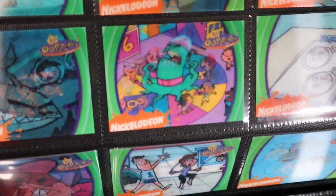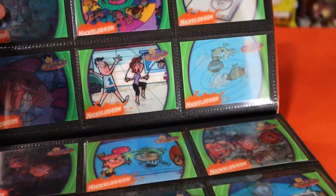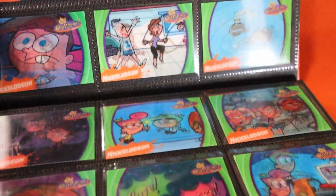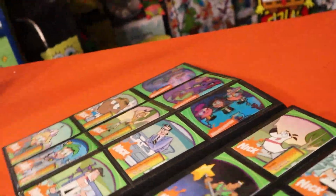I really love this Mark Chang card here, getting terrorized by the kids running around him. Very Mr. Krabs, "Are Thy Feeling It Now"-esque, but they're pretty much just screenshots from the show, the intro. Really just depends on the card, but a little bit of both of them. And then that actually ends here, and then we get to some really amazing cards, probably some of my favorite